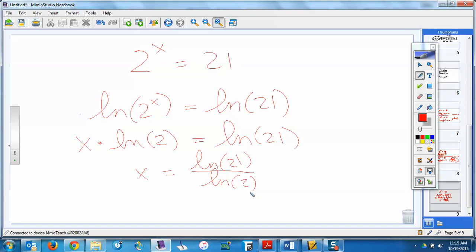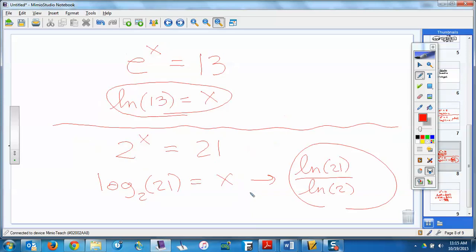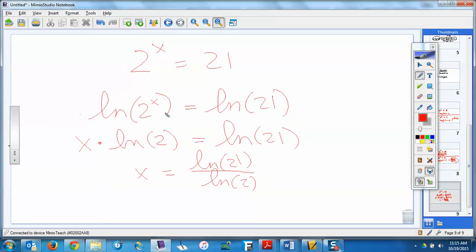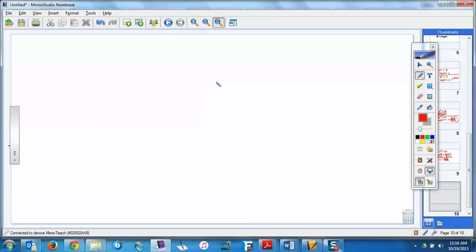Now you might look at that and say, well, that's a few more steps. But as the problems get more complex, it gets hard to convert forms. It's easier to just do the log of both sides and then get the x by itself. So those are a couple of log things. All right. Last thing, and then we're going to get in there and let you start working for a while.